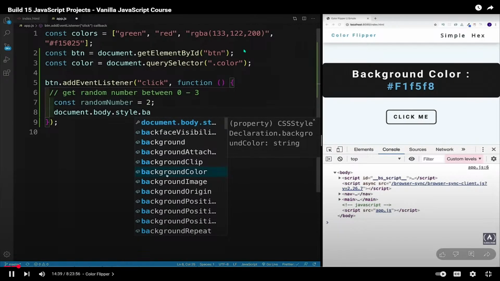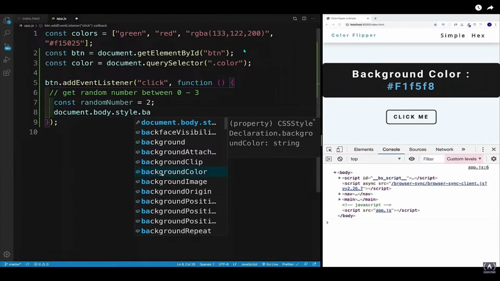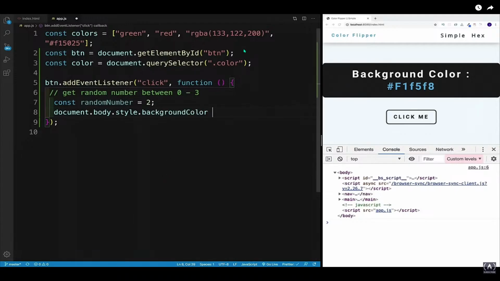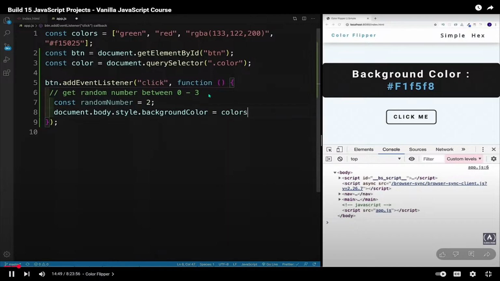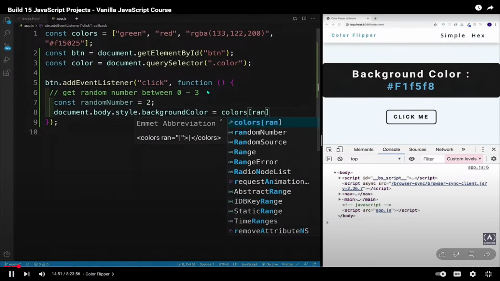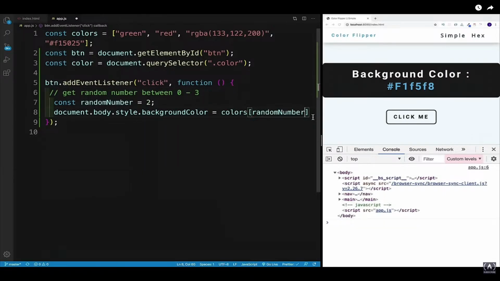this value in the properties. And of course, you can see that Visual Studio Code is giving me nice suggestions. And for the time being, we'll set it up to a colors. So of course, that is my array, and I'll use my random number. So I'll use my hard-coded value of 2. And then also